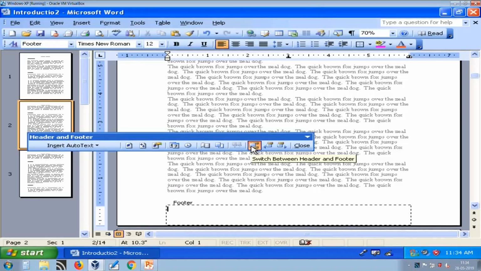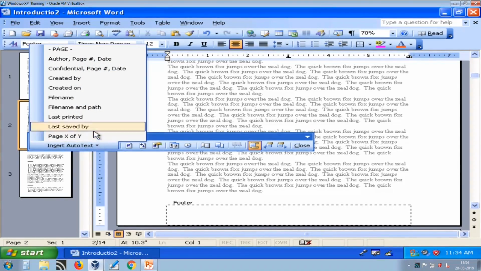Now, suppose I want to place page number X of Y in the center of footer, I can use these insert auto text features. So, here you can see we have different fields available like author, page number and date. If your document is confidential, you can use confidential, page number and date. If you want to show who created this document, then you can use created by.